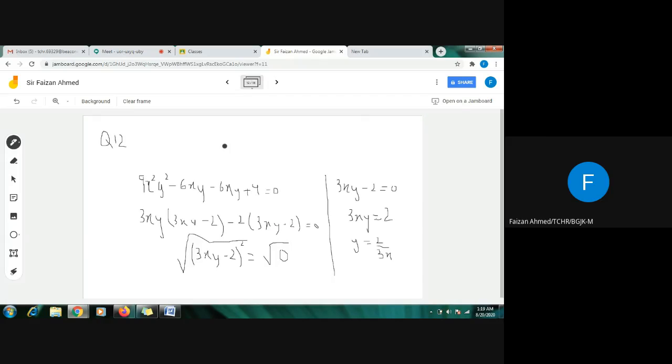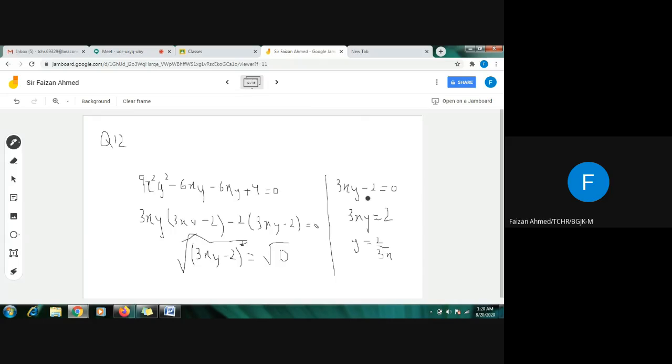This is basically question number 12. In question number 12, I have applied the middle term breaking method, and I broke my middle term into minus 6y and minus 6y. Then I took 3xy as common, and the remaining bracket will be 3xy minus 2, and again minus 2 as common, and the bracket 3x minus 2. My both brackets are coming out to be the same, so I just wrote them like this: 3xy minus 2 whole square. And then I know that in order to remove the square, I have to take the square root, and the square root of 0 is 0, and this square will be cancelled out by the square root.